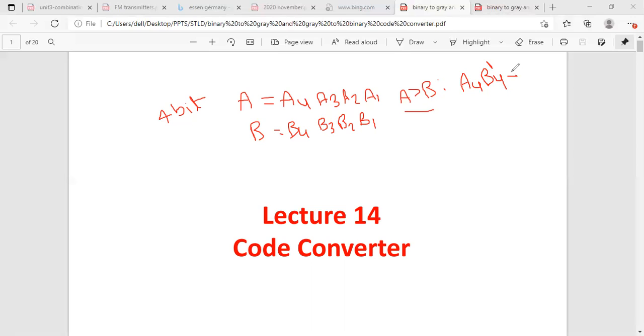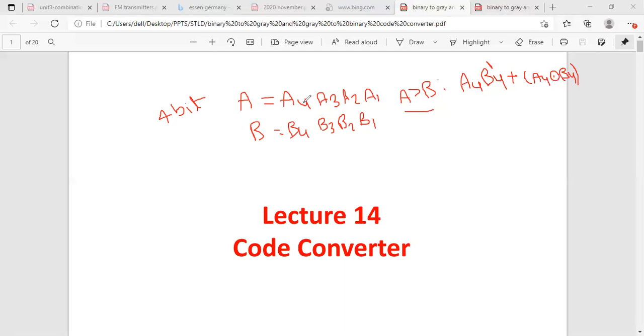Or we have another possibility. For example, both A4 and B4 are equal. So we go for the next MSB position for the comparison.